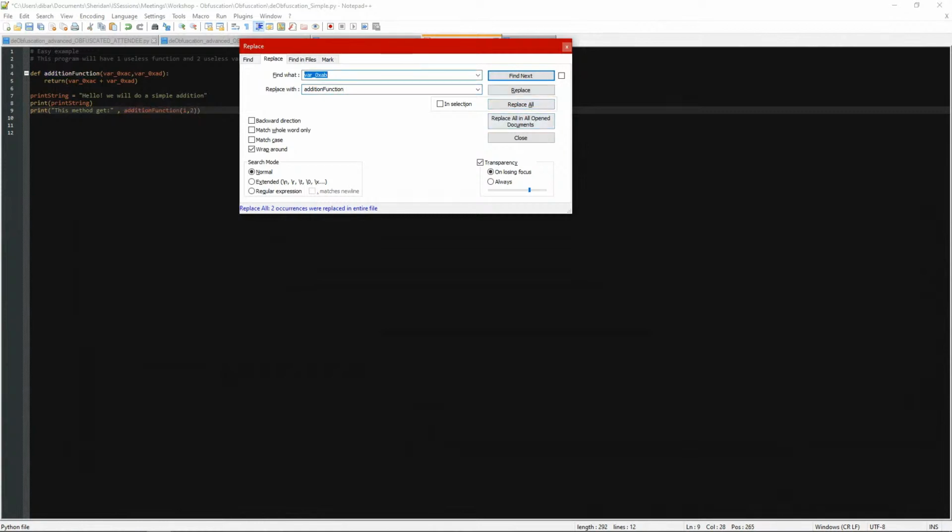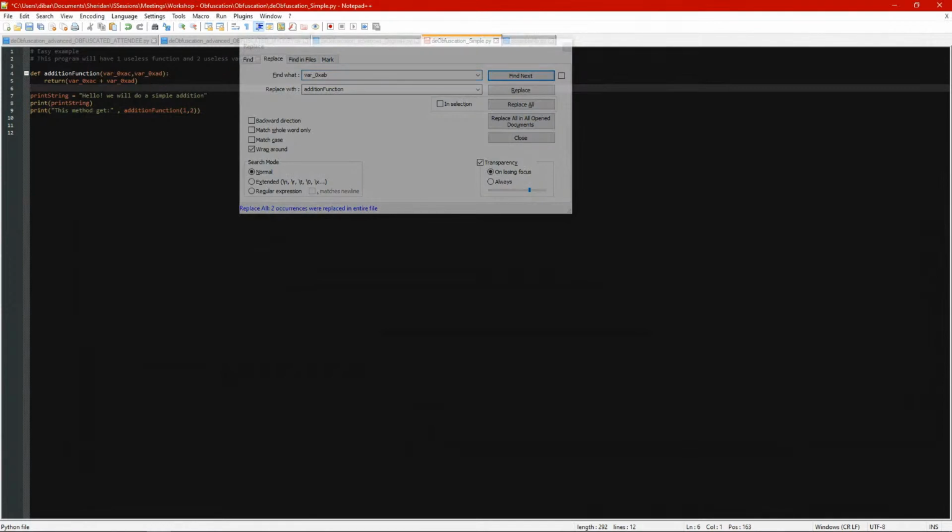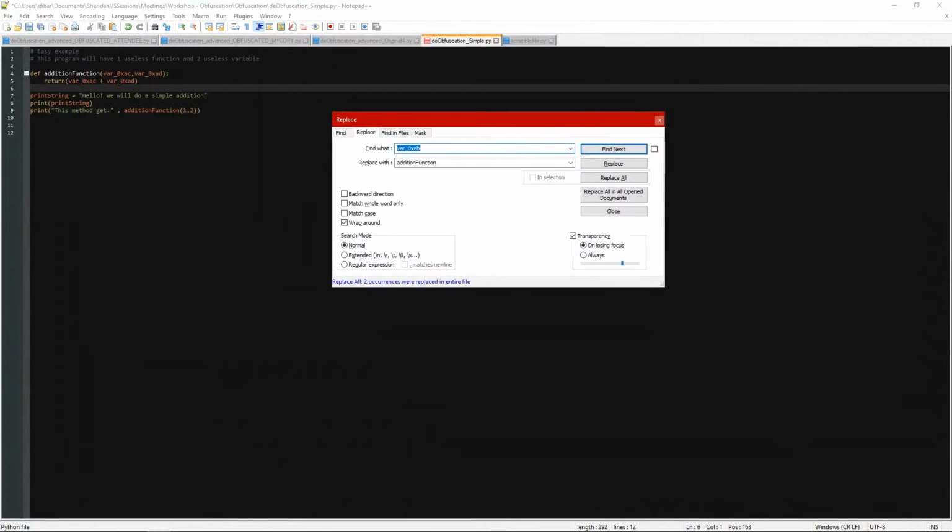And right away already we have something that is a lot more readable. And with that being said, now we know the purpose of the program, which is pretty much just print a string, and then it gets a method by adding two functions. And then what we could also do is clarify this even more, as you could go with var